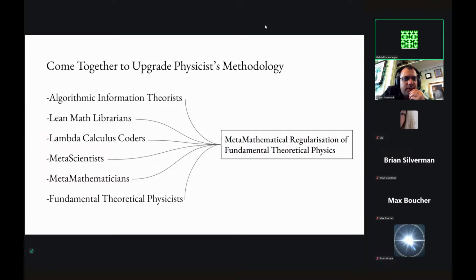And I should also mention that the Wolfram Institute is very well suited to turn something like this into reality, right? All of these people that I have on the slide here, I think you have them in the Wolfram Institute. You have a huge amount of knowledge about metamathematics and physics and computer science. So actually you could make this happen. Right, we talk about computation all the time, complexity of algorithms, and reproducibility in physics. So this is right up our alley.